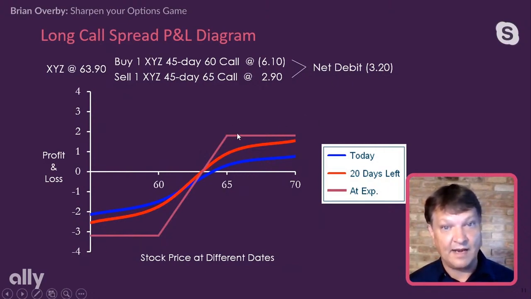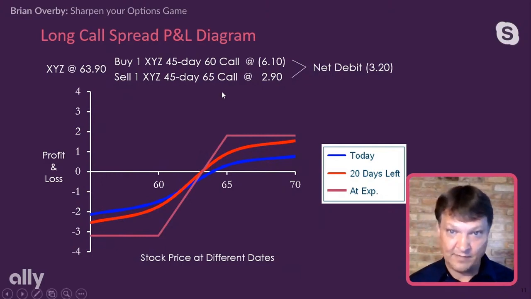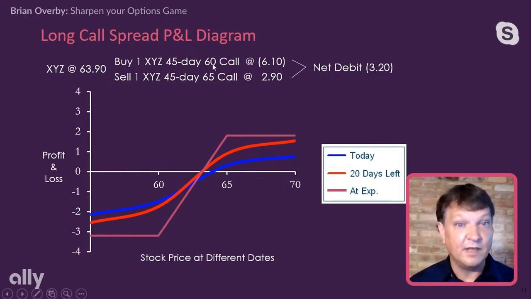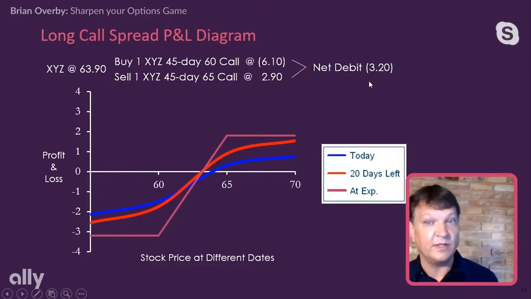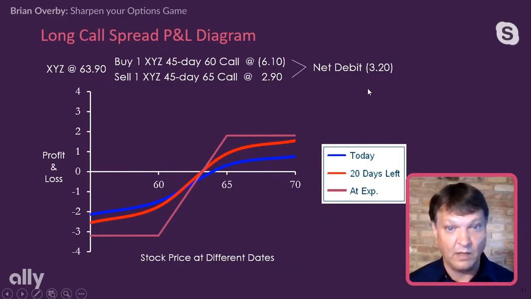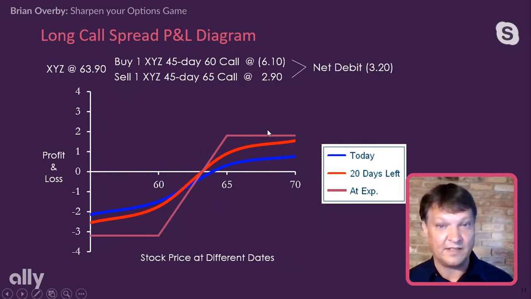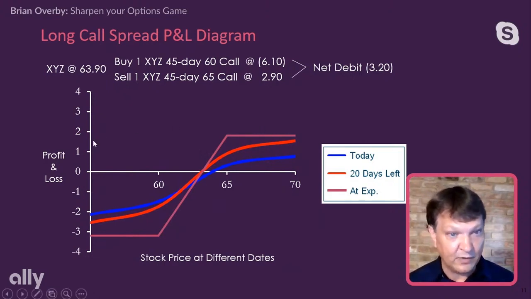From 65 on up, our max gain on this position is not going to be quite as much as it was on the other side, right? We have a little bit more risk than reward on the upside, but there's a lot of benefit that comes with it. So $5, the width of the spread, minus the 320 that we paid for it, is going to be $2.80 overall. So that is our max upside. I'm sorry, $1.80, and that'll be our max upside on the trade. You can see that right here on our graph, $1.80. That's where our max upside is.